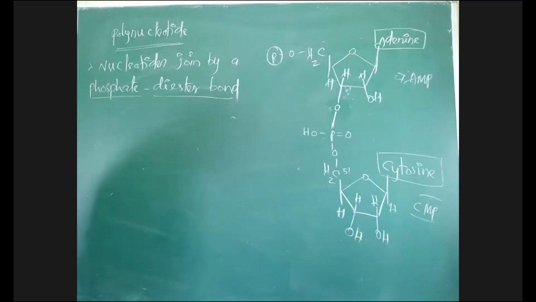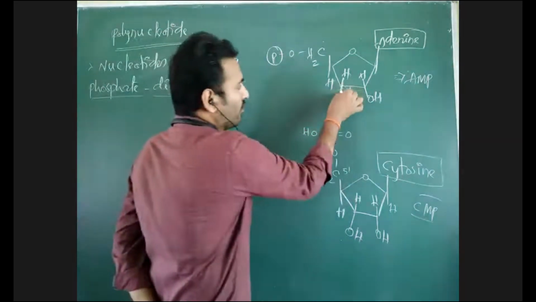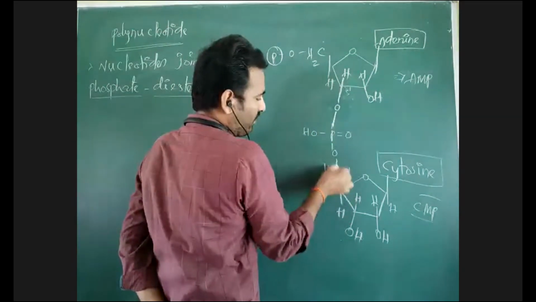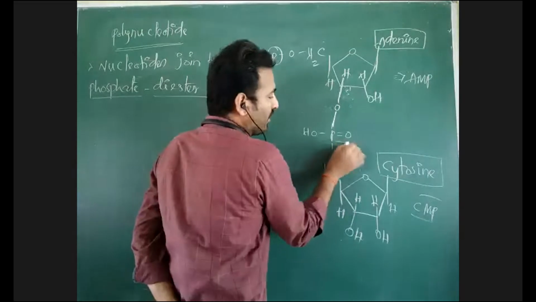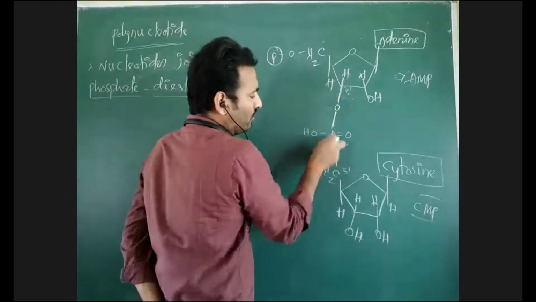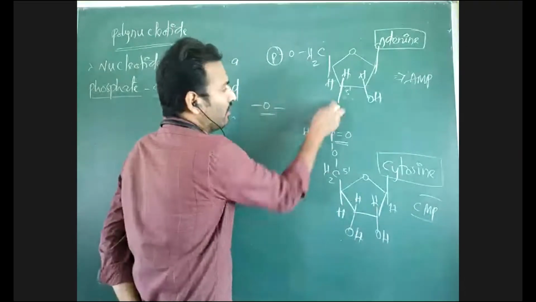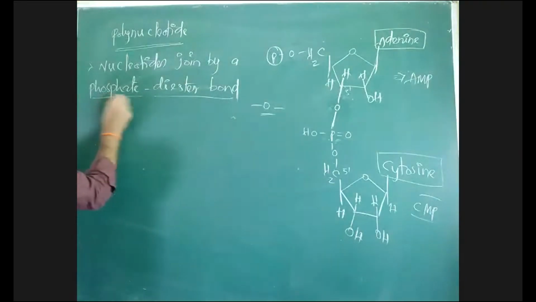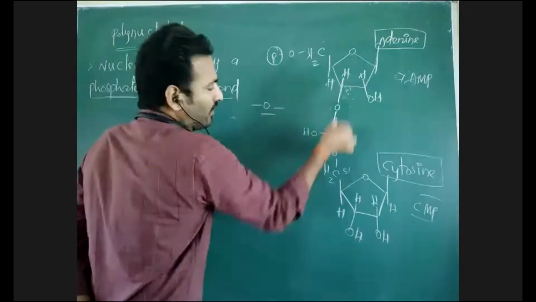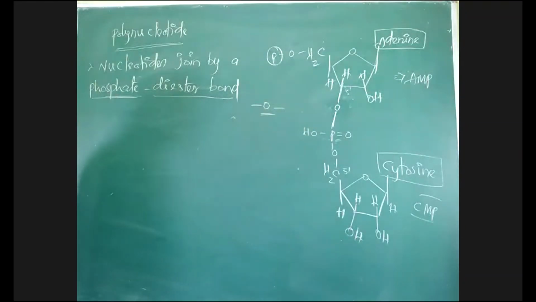Yes, R-O-R, O in the middle of R groups. CH3, OCH3, O in the middle of R. That is an ester. Here this is R, this is R. Actually, here it should be C, COOR. As the phosphate group is here, O. This is an ester bond, but the phosphate group is involved in the ester bond. So it is called a phosphate diester bond. Here one ester, here one ester. Two ester bonds are formed between two nucleotides, and this is called what?